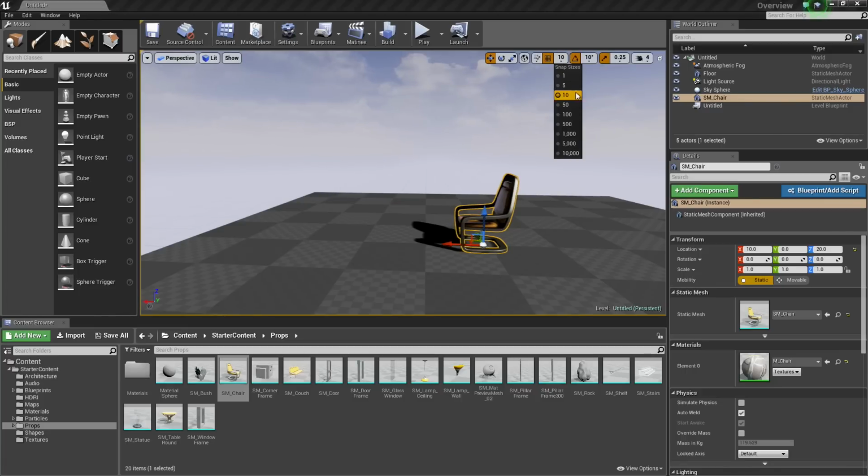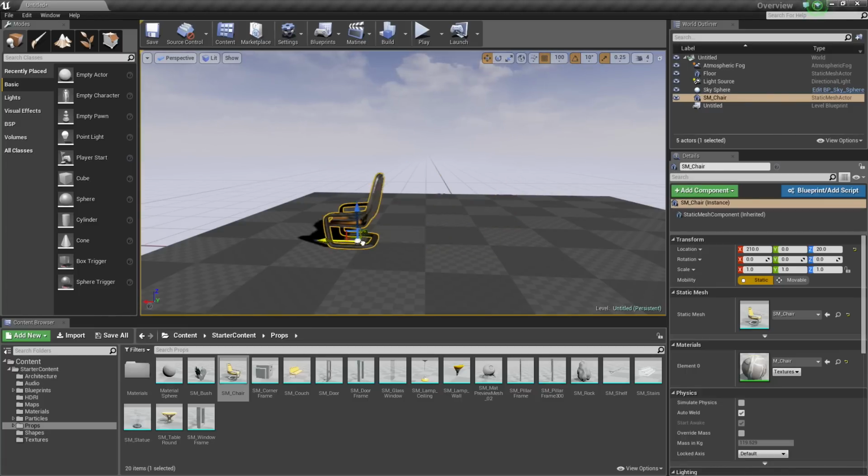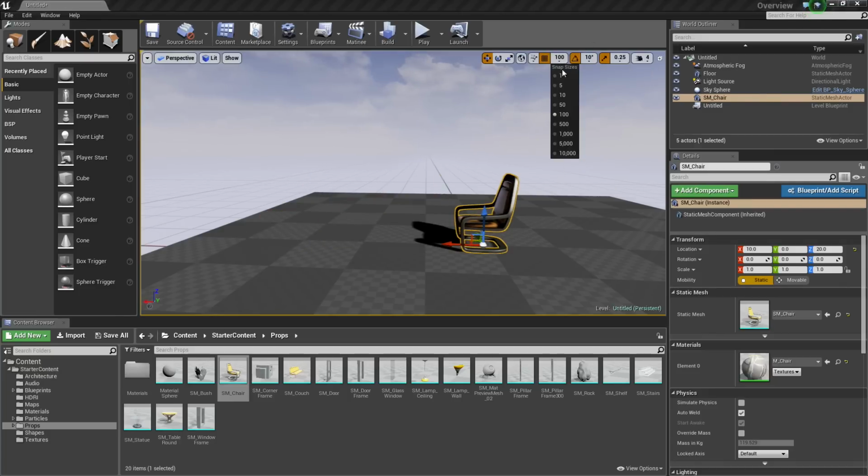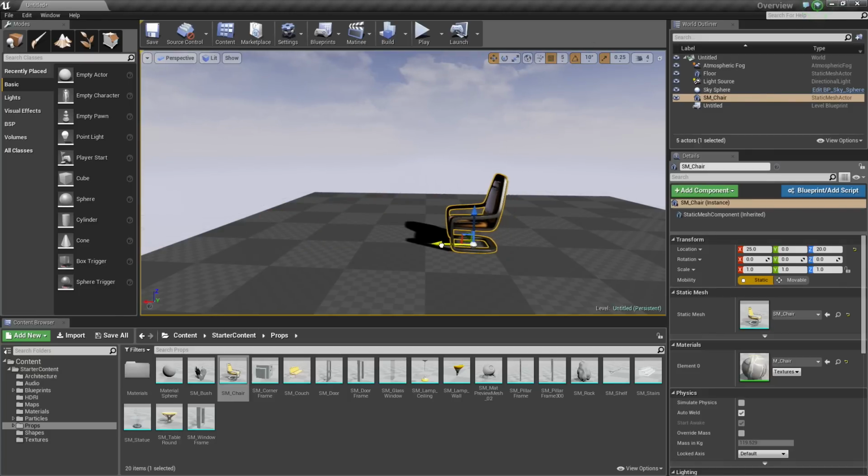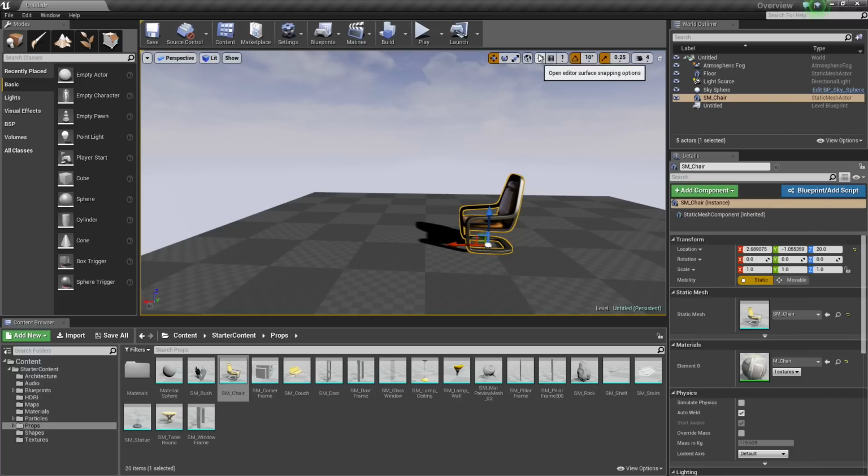If we click the little drop down, we can change it to 100. So we're moving in 100 increments, or we can lower it and go all the way down to 5. And it's a little bit smaller of increments, or you can move it all the way down to 1 and you're barely going to notice the grid snapping there. Or you can disable grid snapping altogether just by clicking this little icon in the middle here. That will allow you to move the object freely without any kind of grid snapping at all. But it's up to you how you want to use grid snapping. Again, it's useful for constructing buildings and making sure things are aligned properly. Again, it's up to you how you want to use it.